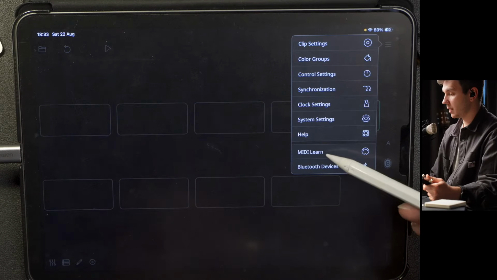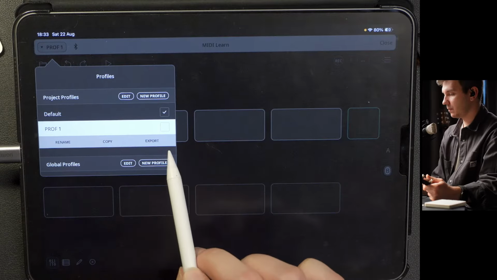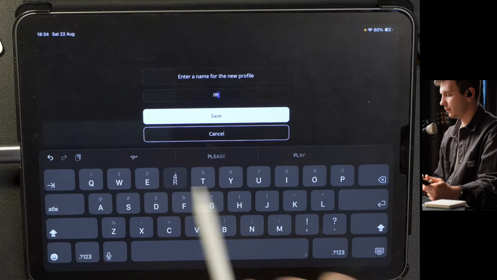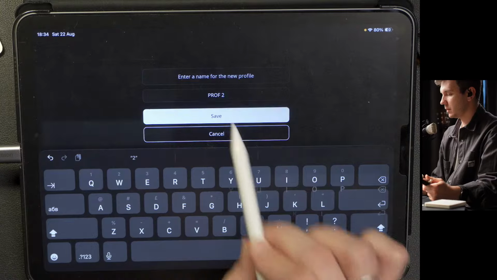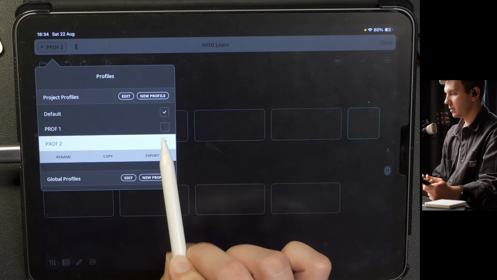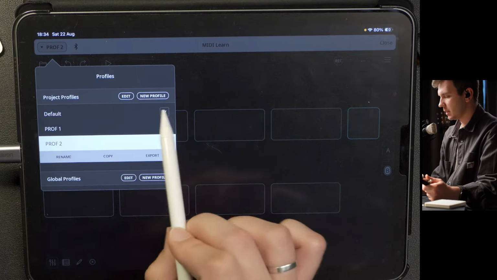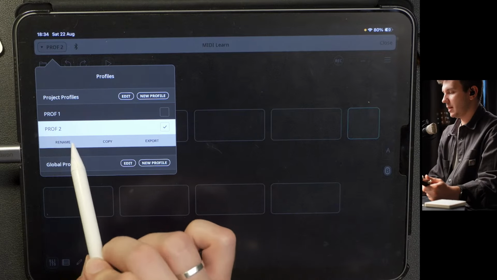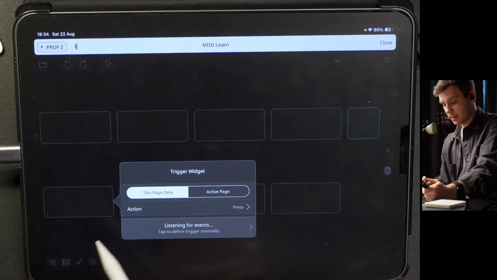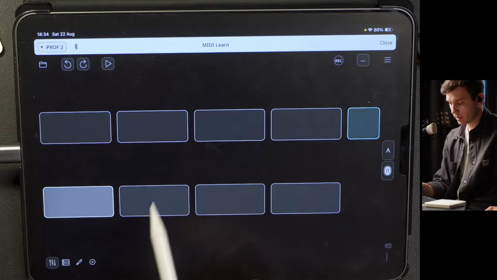Then I go here again, MIDI Learn. Select my profile and create new profile. Let's say profile 2. Save. Now it's highlighted, and the first one is checked. The previous one is unchecked. And again, default. I don't need default. So now it's checked, and now I go here and assign all the same buttons just to this